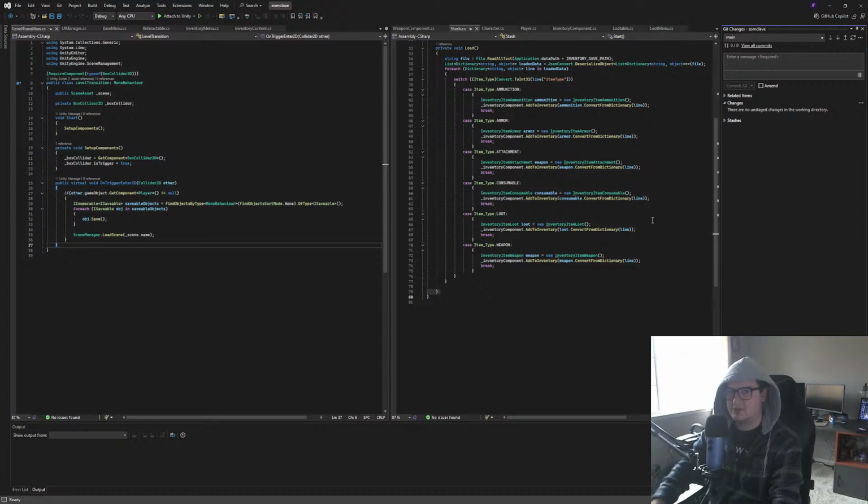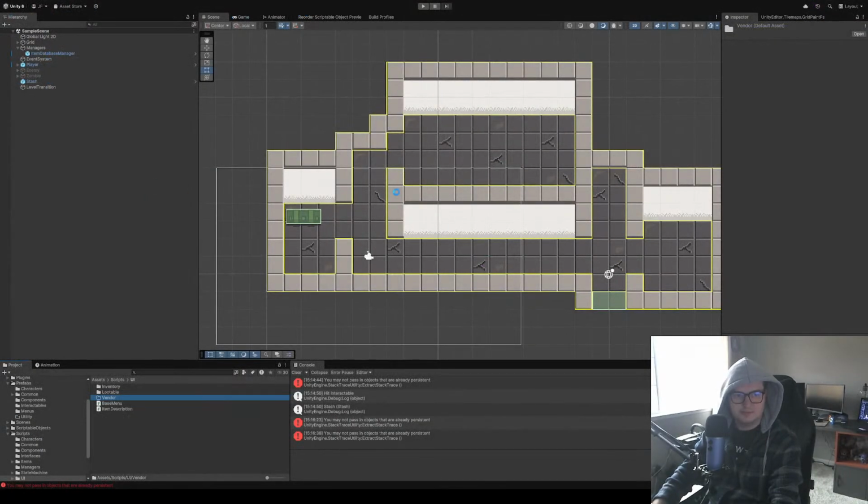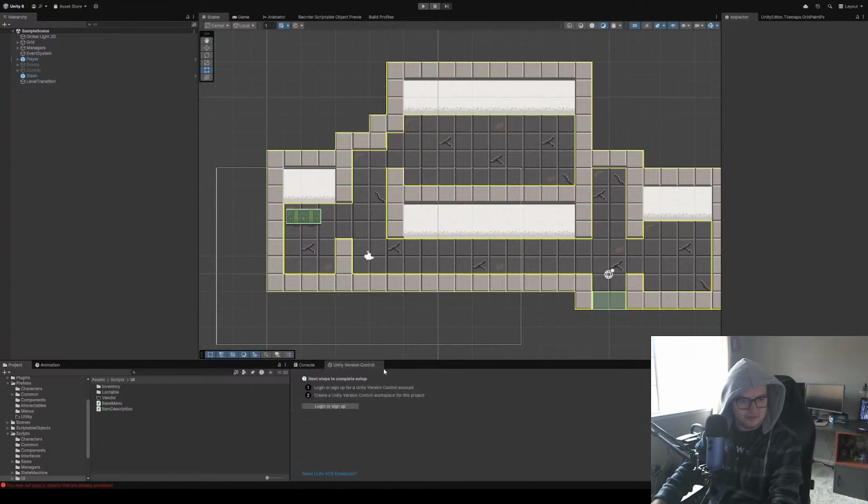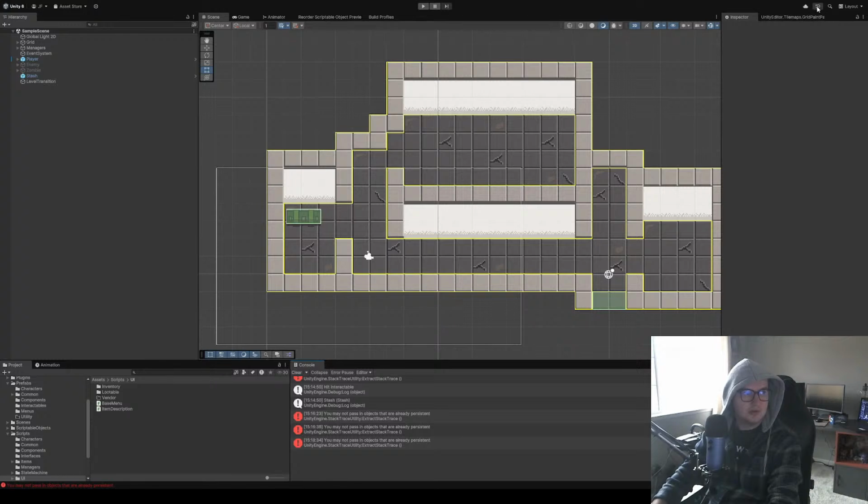Okay, I can just do that through here. I wonder if there's a way I can set up the Unity version control. I don't know. Stick with that for now, though. Okay, so let's go ahead and